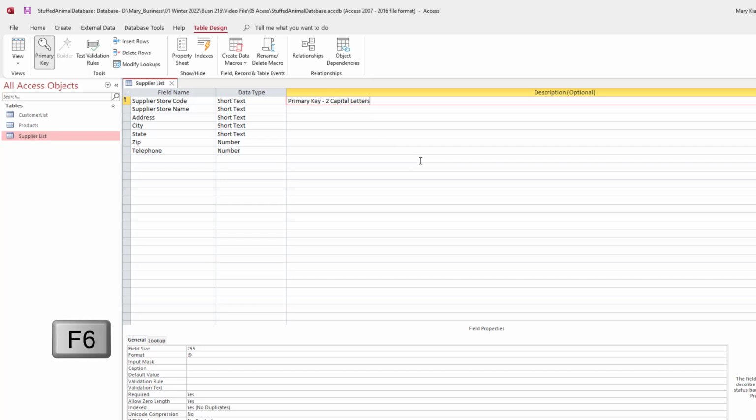So F6 to jump to the field properties. I will change the field size here to 2, and tab and delete the format, and then tab to add the input mask, and I'll put the greater than symbol because I only want to allow uppercase letters, and then LL for 2 letters. And I will add the validation rule. So tab, tab, tab. The validation rule will be LL, and then the validation text will be must enter 2